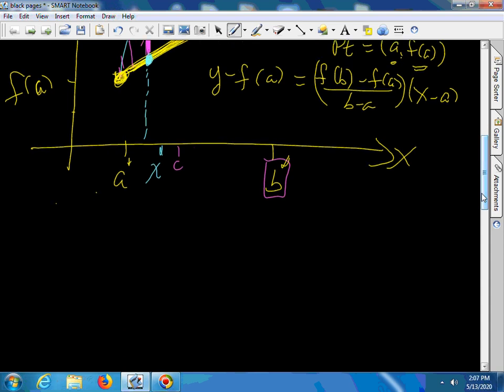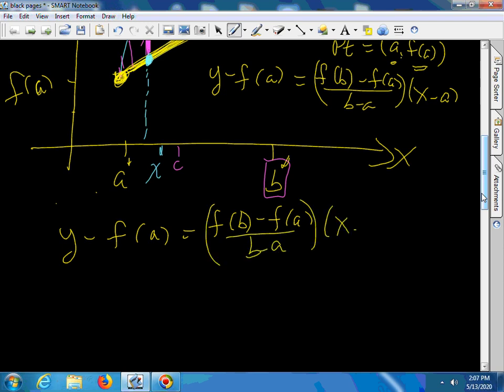Well, let's write this down more neatly. Y minus, so let me write it down again, and then we'll clean it up. Over b minus a times x minus a. And all I'm going to do is bring that to the other side. So the equation of the line is